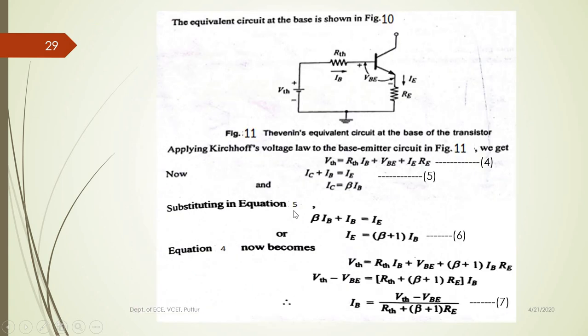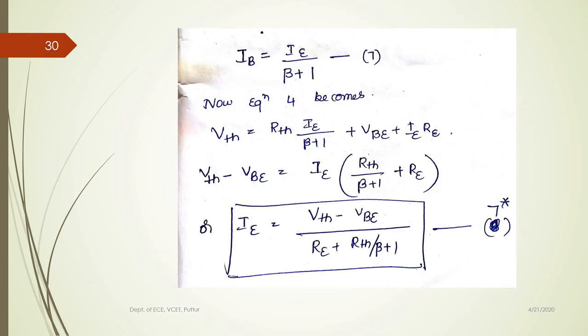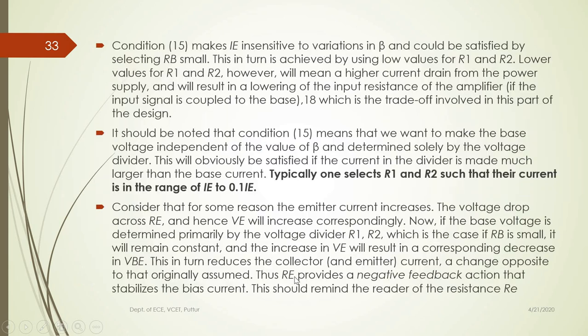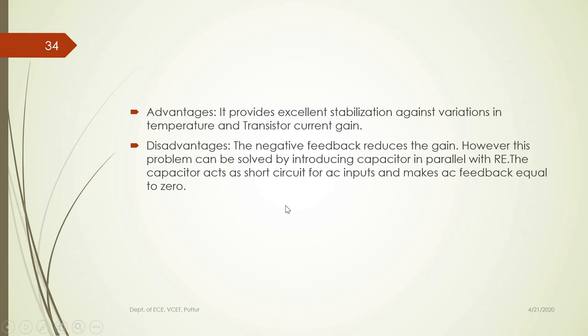Then you need to obtain the various equations, IB, IE, and VCE, which are given here. You need to write those, and then explain how these two constraints are maintained. One is the rule of thumb, and the next is the typical range of the potential divider current, within the range of IE to 0.1 IE, and then you can give the advantages and